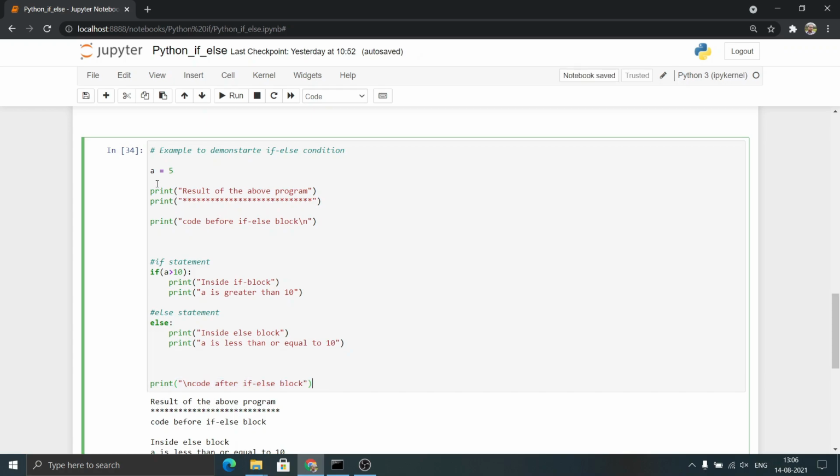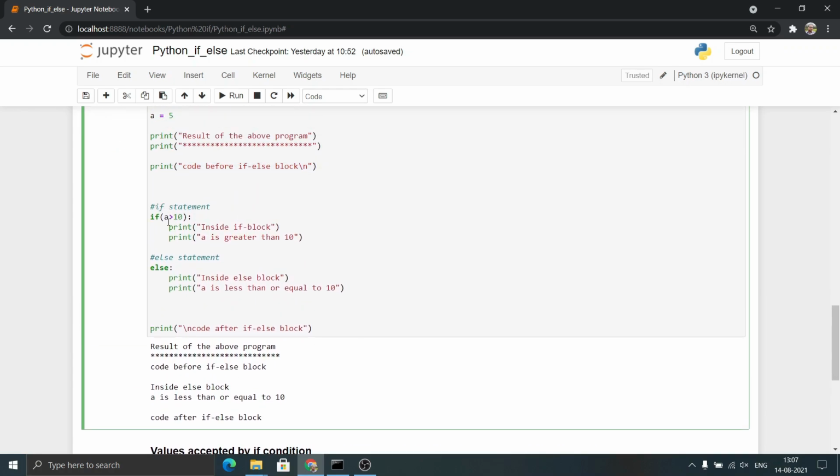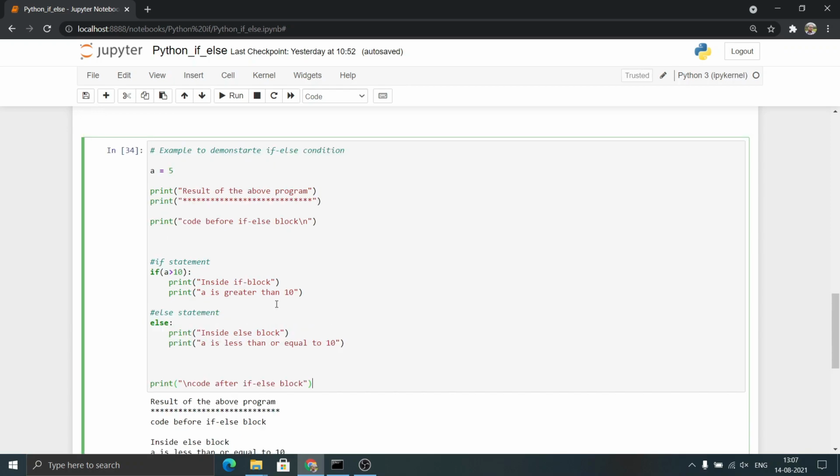Now let us take another case, the value of a as 5. In that case also the flow starts here. It prints this statement and then checks this condition 5 greater than 10. As 5 greater than 10 is false, this will not execute these two statements which are written under if block. The flow comes here. As this statement is false, it should execute else. So it prints these two statements and then the flow comes here and prints these statements and the program will be terminated. I think now you are clear with the if else flow of execution. When does the if block execute and when does the else block execute?